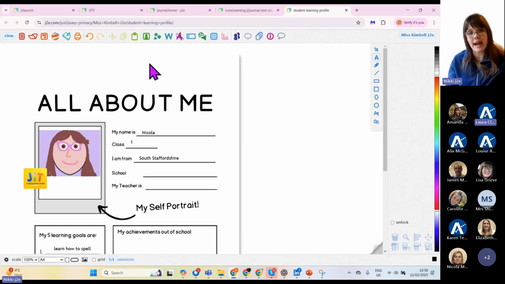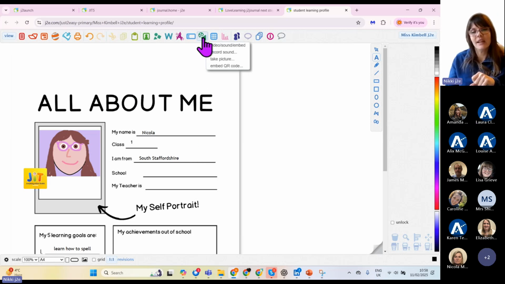So this could be something they add incrementally. They could add an additional page, and maybe they only push the publish to journal button maybe once every half term, once they've completed a particular piece of work where they reflected. Now, what's nice about J2 PDF is it's built into J2 Create, and it has things like it's a multimedia